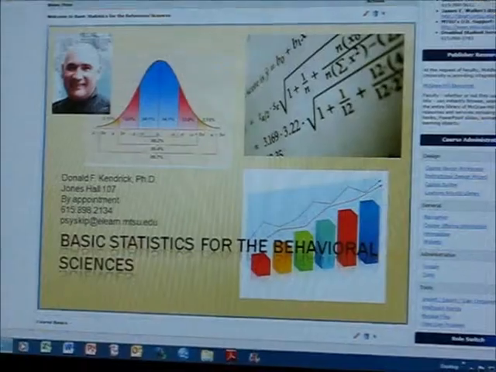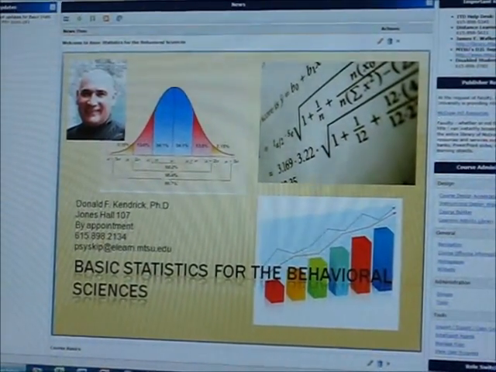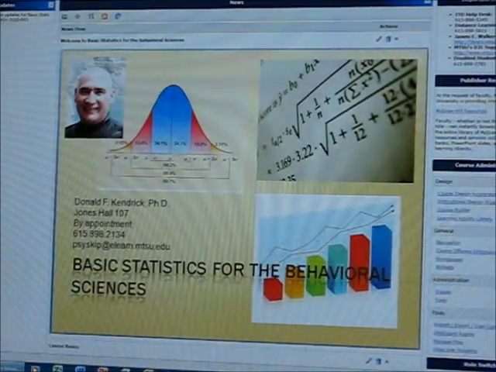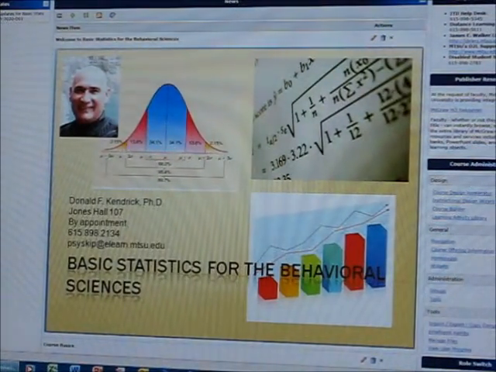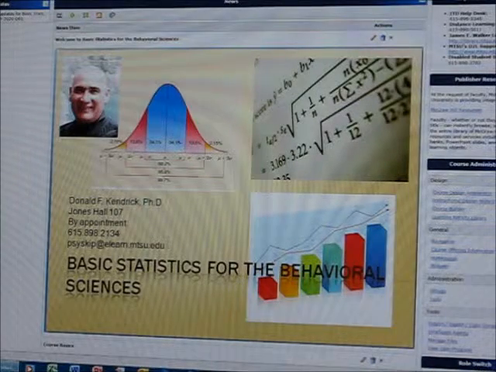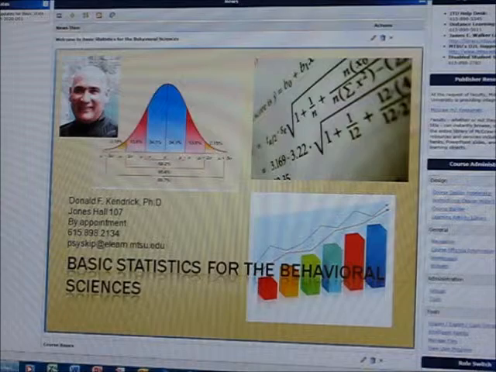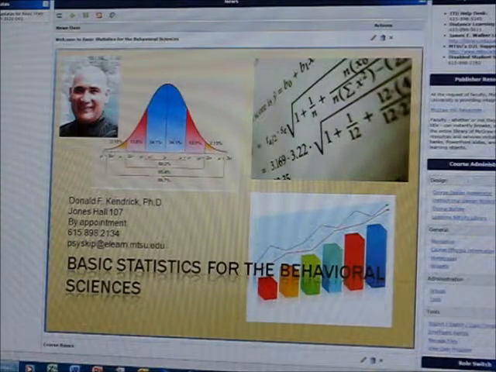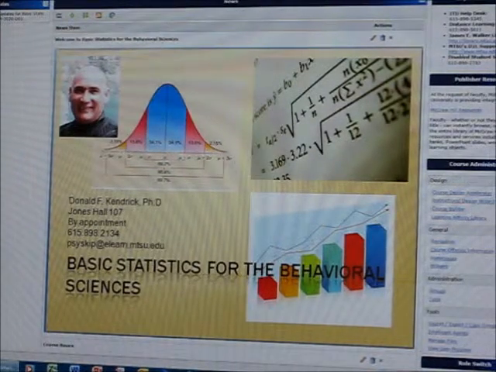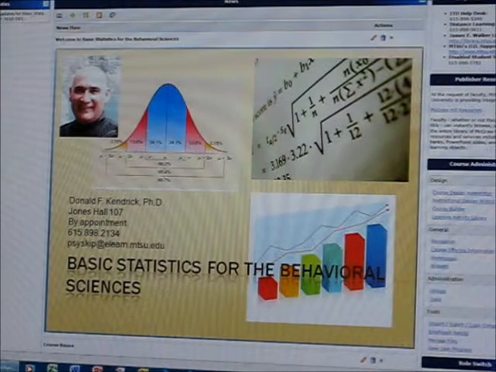D2L. And there you see the D2L homepage. This should be the page that you see when you first come into D2L for your stat course. It will change from time to time, perhaps. This is also where I put any of the latest news that you'll need to know. So it's important to check this page every day during the summer semester and at least 2-3 times a week